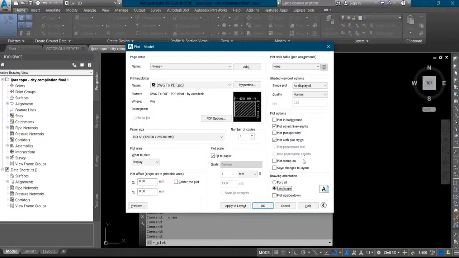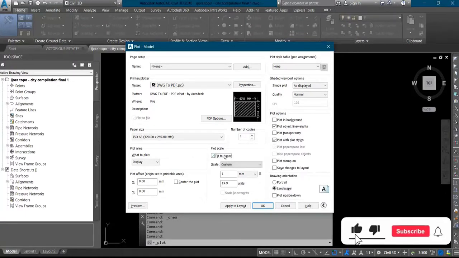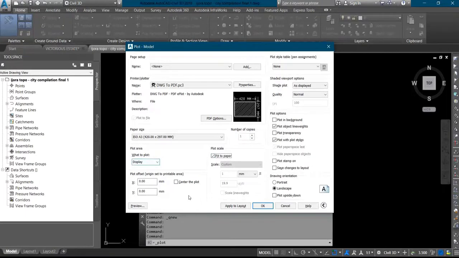If you want it to be on landscape, you click on landscape, and if you want it to be on portrait, you click on portrait. And then the next thing for you to do is, if you want the drawing to be on fit to paper, you click on fit to paper, and then you click on